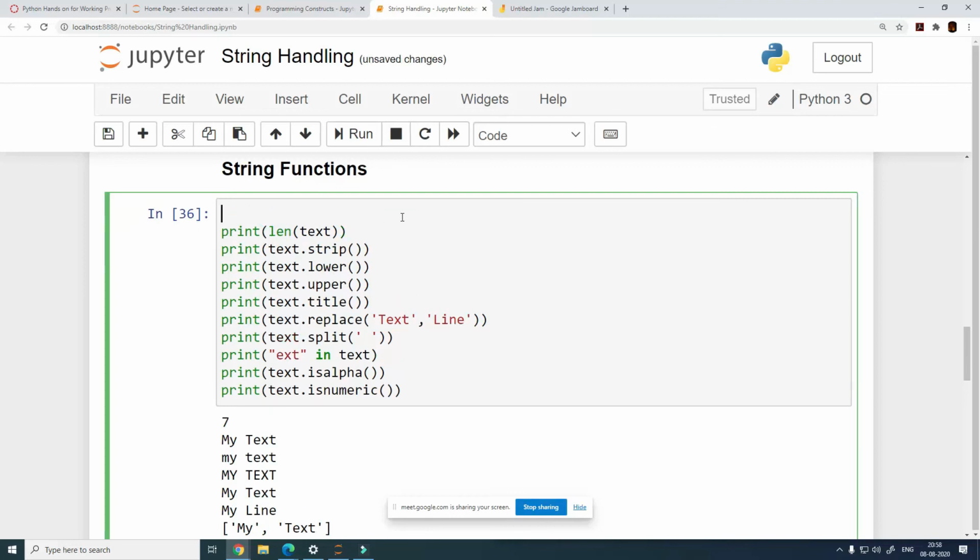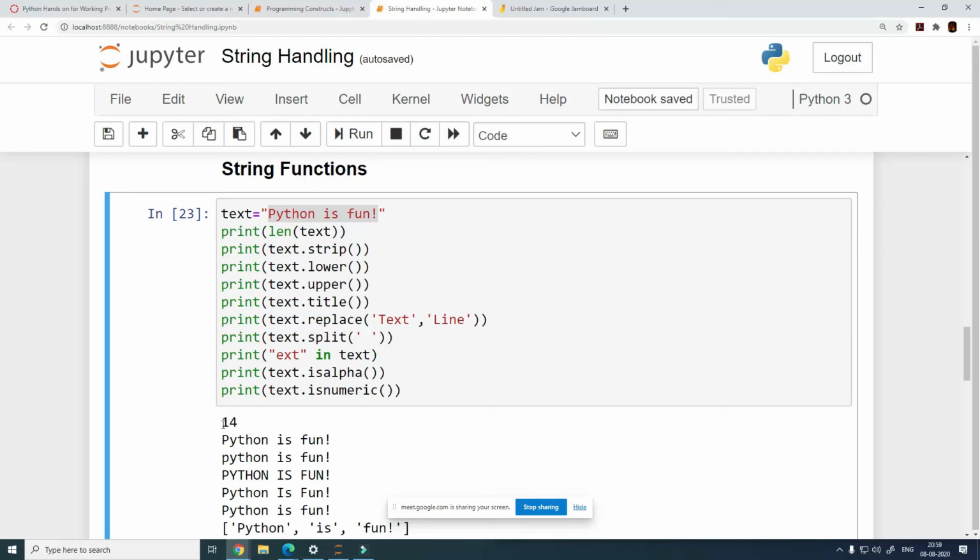What we will do is initialize text again. Text is equal to "Python is fun", and len is going to get printed as the length, right? So this text has a length of 14, so my index will start from 0 and end at 13. But if I need to specify the indexes, then I will need to specify them as 0 to 14, because the last value is going to be ignored or missed.